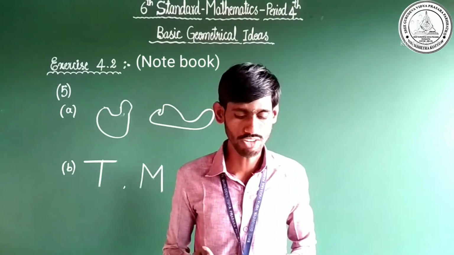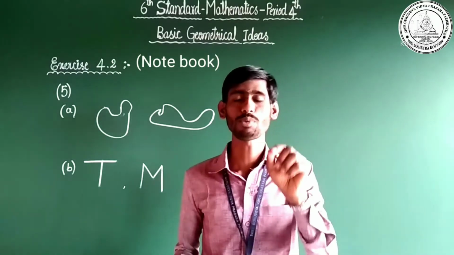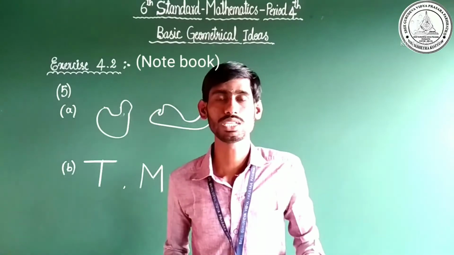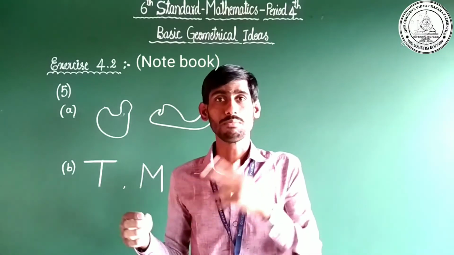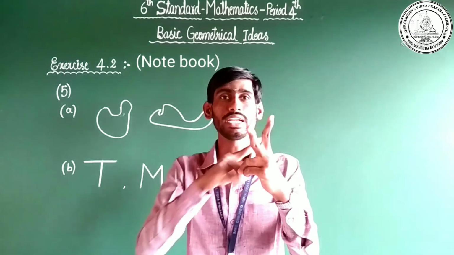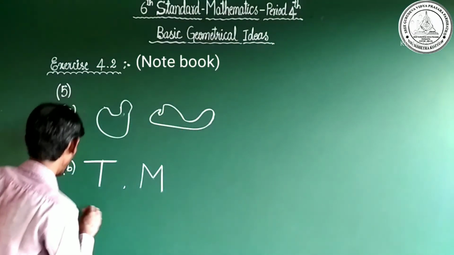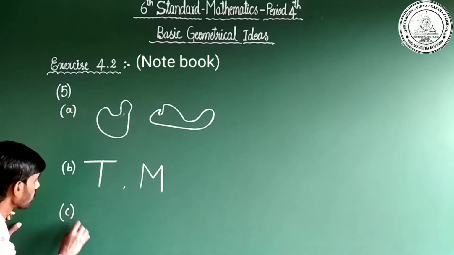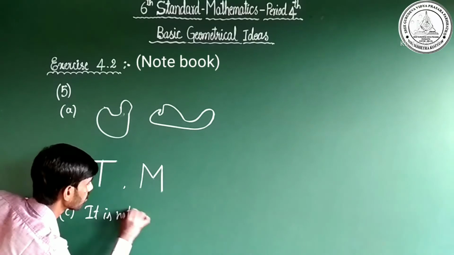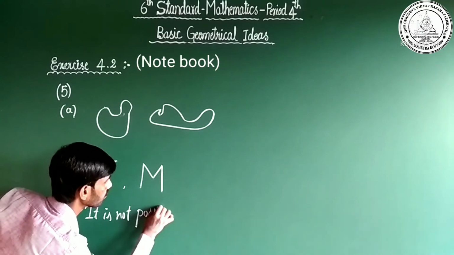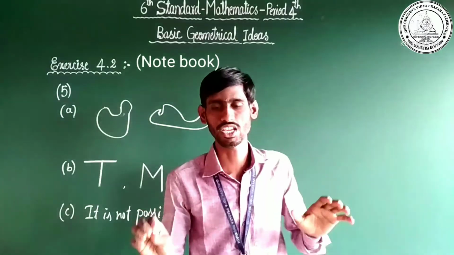Next one is, see, a polygon with two sides. A polygon with two sides. Is it possible? Of course, it is not possible. We have discussed polygons in the concept of polygons. By the help of two line segments, it is highly impossible to draw a polygon. So, it is not possible. Just you may write the answer: it is not possible. Are you clear, dear children?